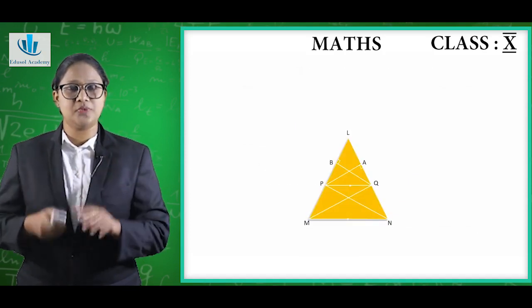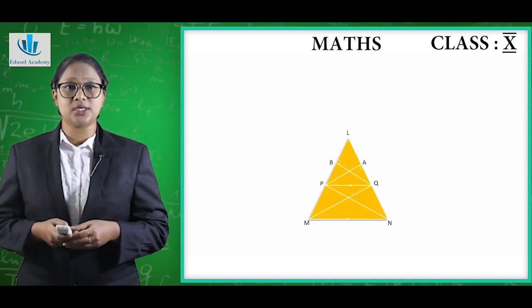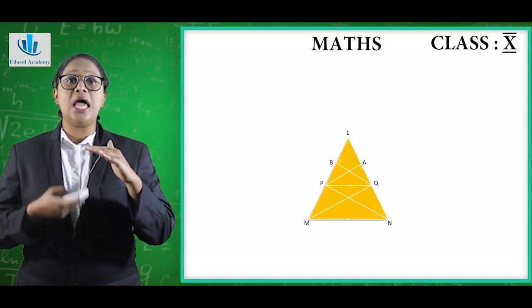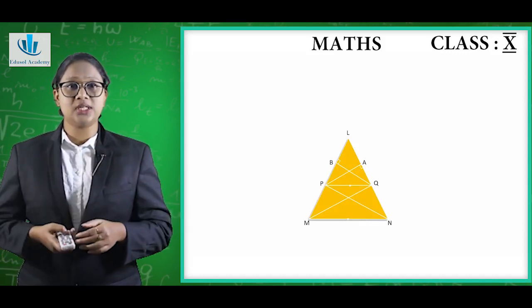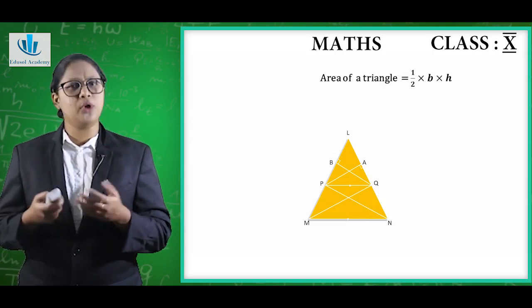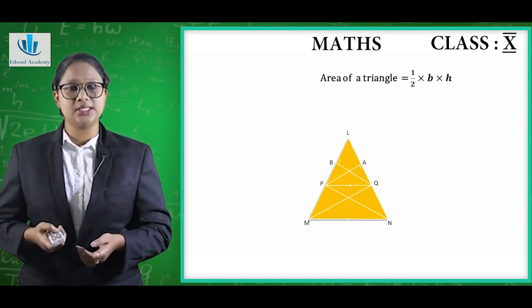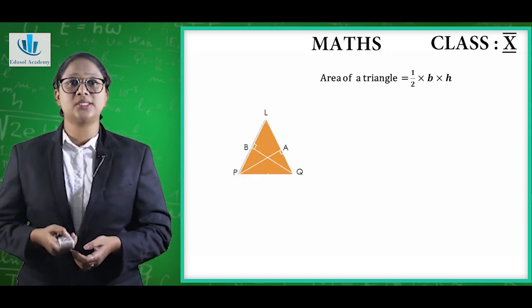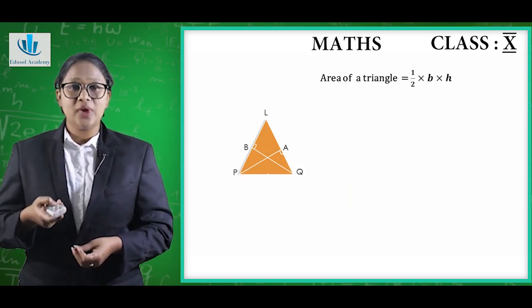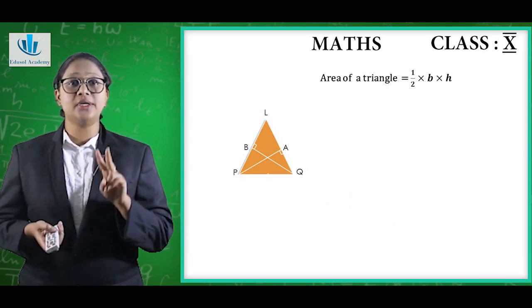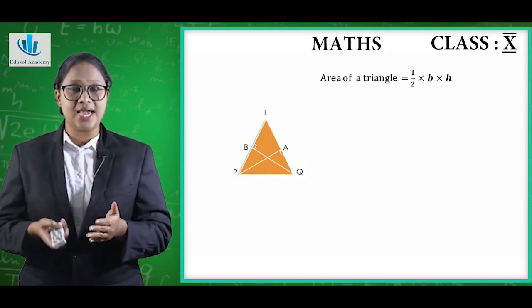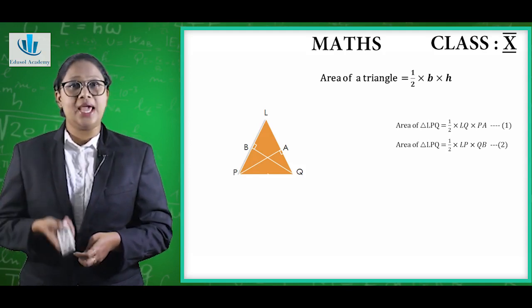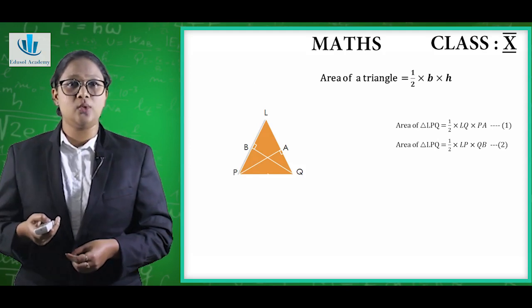Now this is the same figure which we did just now. Now that we have made the constructions, we have to disintegrate the given figure into two parts, upper portion of PQ and lower portion of PQ. And we are using the equation for area of a triangle. We all know that area of any triangle is equal to half into base into height. So let's take the upper portion of PQ, that is triangle LPQ. We can see that triangle LPQ is having two sets of heights and bases. Based on that, we have written two equations, half LQ into PA, that be equation 1, and half LP into QB, that be equation 2.